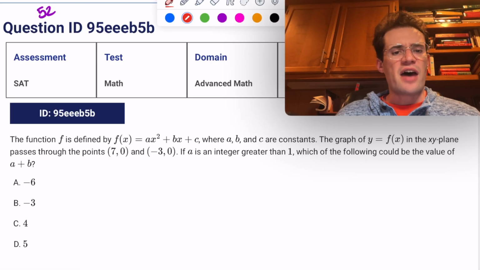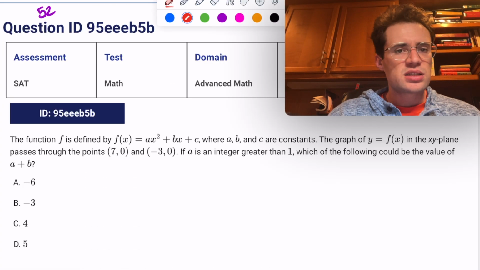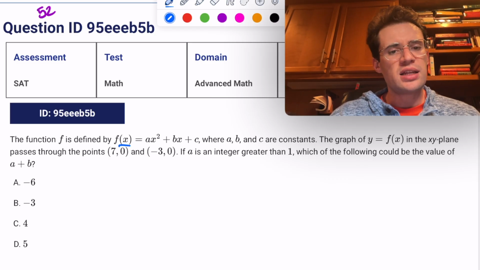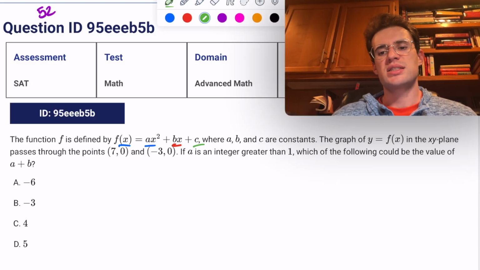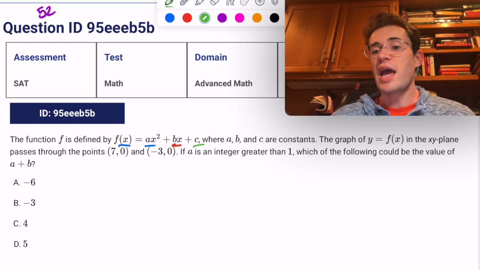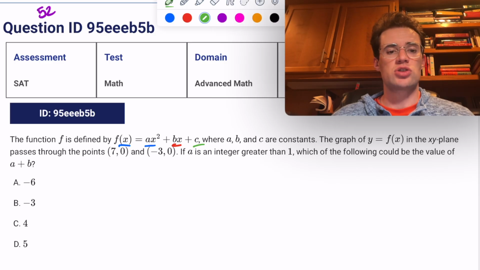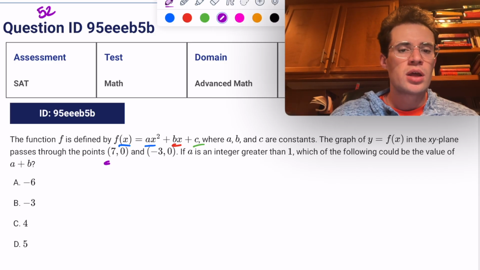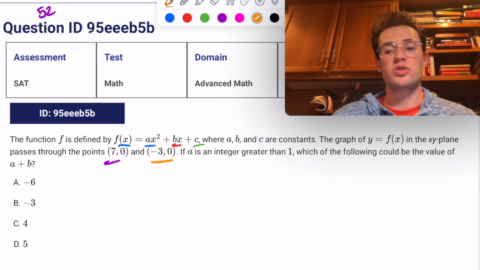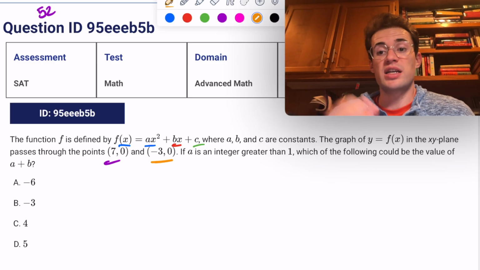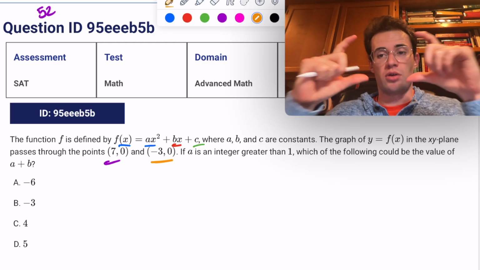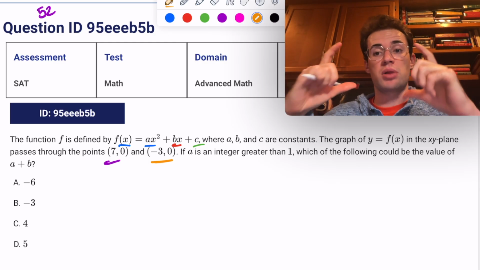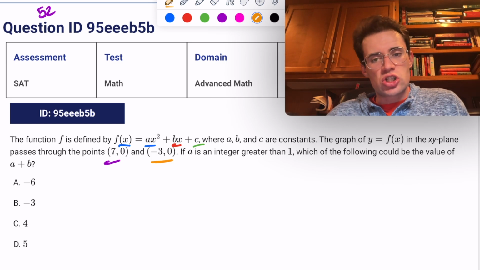The function f is defined by f of x is equal to a times x squared plus b times x plus c, where a, b, and c are constants. The graph of y equals f of x in the xy plane passes through the points 7, 0 and -3, 0. So those are your two zeros, right? The two values of x that will give you an output of 0. If you got into factored form, it would be the quantity x minus 7 times the quantity x plus 3. If a is an integer greater than 1, which of the following could be the value